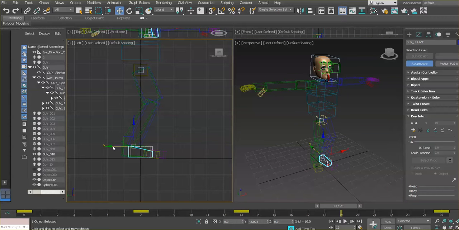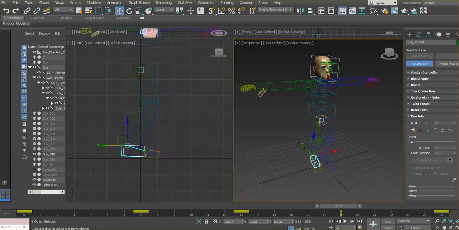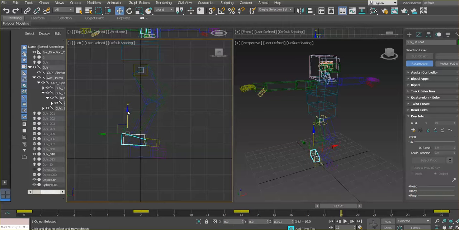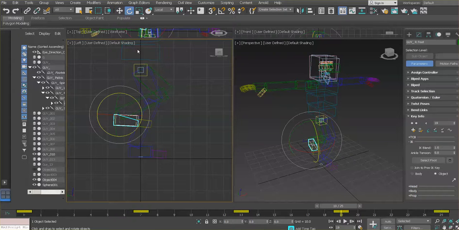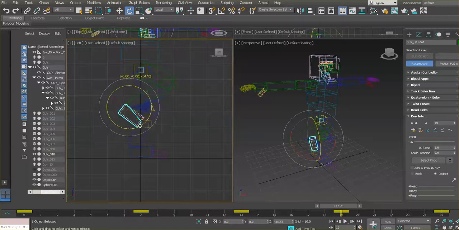See if we can do it here, and set a sliding key over here. And since our green leg is kind of on the way, that's the one that's going to be held up now. So let's move it back and set a sliding key, and let's rotate it so that that foot is not,